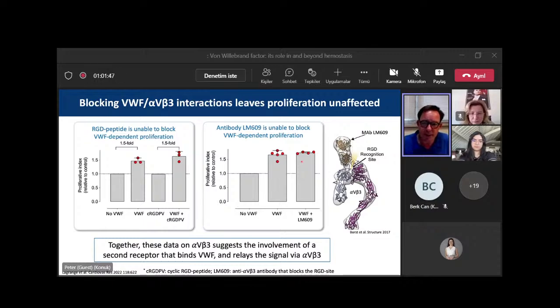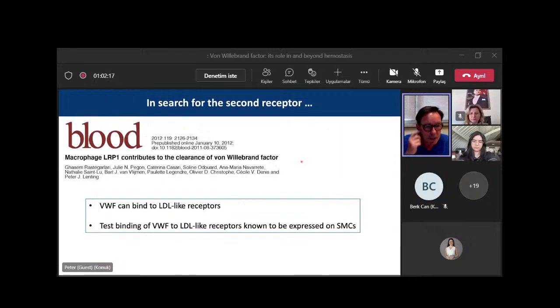So what we knew at this point is that alpha V beta 3 is involved in proliferation induced by VWF, but apparently there is another component, another receptor, that is involved in the binding of VWF and then relays its signal to alpha V beta 3. So it's a two receptor process. At that point we needed to look for a second receptor, and in a way we didn't need to look very far,